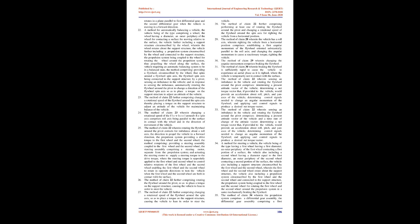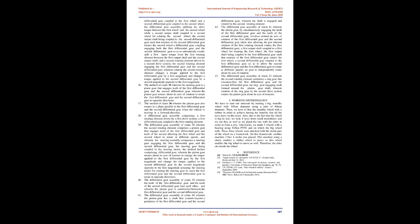The method of claim 22 further comprising changing a rotational speed of the flywheel around the spin axis, so as to place a torque on the support structure, causing the vehicle to lean in order to steer the vehicle. 35. The method of claim 34 wherein the propulsion system comprises a differential gear assembly, the differential gear assembly comprising a first differential gear coupled to the first wheel and a second differential gear coupled to the second wheel, the differential gear assembly splitting the drive torque between the first wheel and the second wheel, while a second output shaft coupled to a second wheel for rotating the second wheel, the second output shaft being coupled to the second differential gear such that rotation of the second differential gear rotates the second wheel,